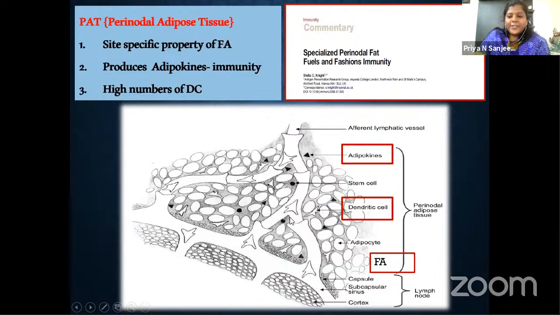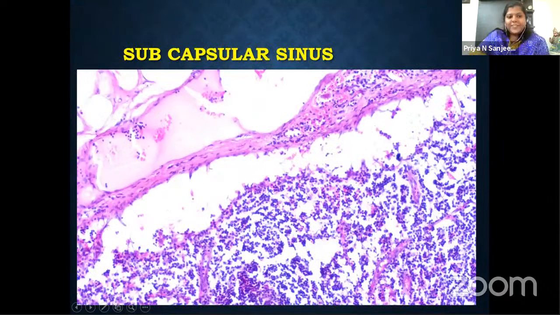So that is the significance of fat around the lymph node, because it enhances the immunity. The next structure is the subcapsular sinus. It is one of the lymphoid sinuses which is present below the capsule. And sometimes this area is important for pathologists, because this is the first site where metastasis can occur. From the lymphatic vessel, metastatic cells can travel and can be seen in the subcapsular area. So when we are suspecting a lymph node metastasis, we have to make sure to look deeply into this particular area.